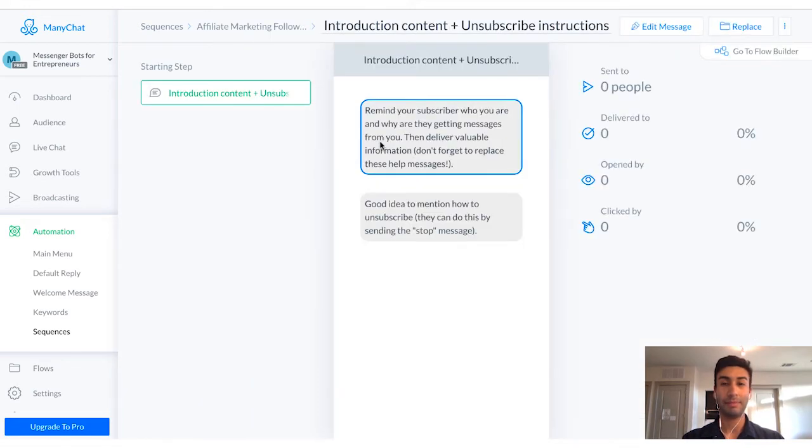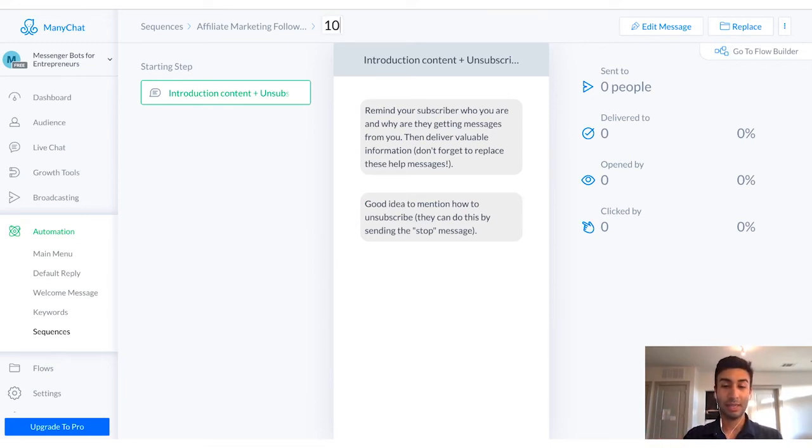We can create one here. And then we have to go ahead and give it a title so that we'll know what this is going to be, what we're actually saying in this message. They don't see this title. There's no email, no message subject lines or anything like that, unlike with email where you have a subject line. There's none of that with bots. This is just for our own personal information. So let's say